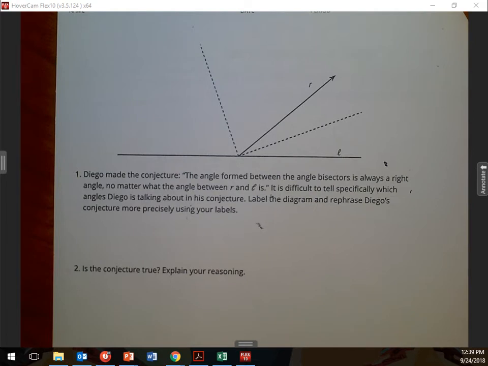Okay, we're just trying to guess. It says that this is bisected, right? What do I know about this? Okay, what about these two pieces? Use that information so you can figure out that one has to be the same. It'd be a right angle. Once the right angle is 90 degrees, one has to be 90 degrees. Yes, the dotted line is asking if that would be 90 degrees.